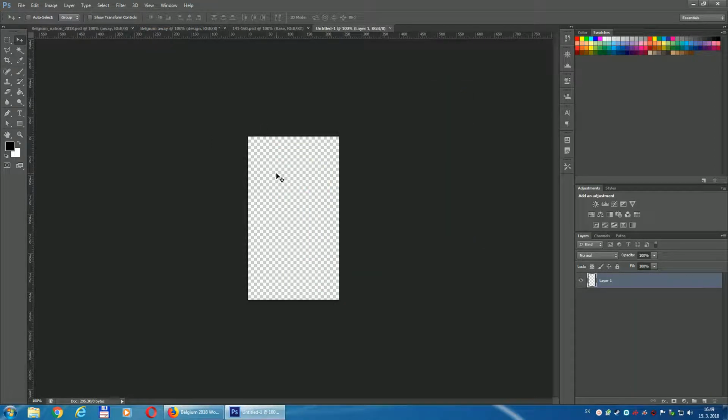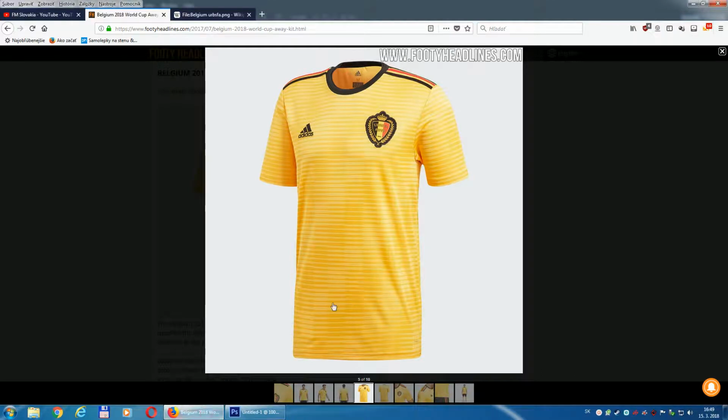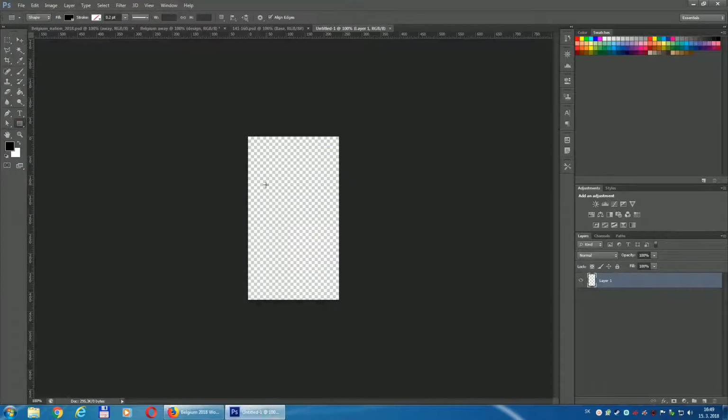Okay, now we created something like this, and we have to create the pattern. If you look at the texture, it has the same white on every column. Therefore I decided to draw a